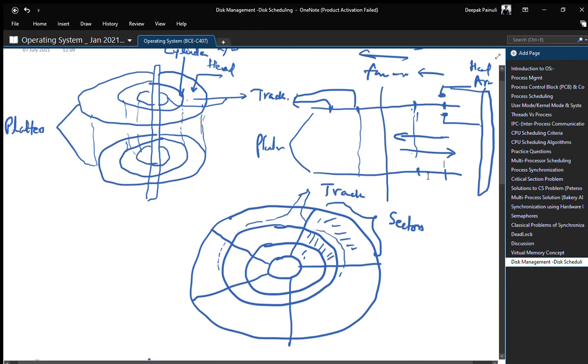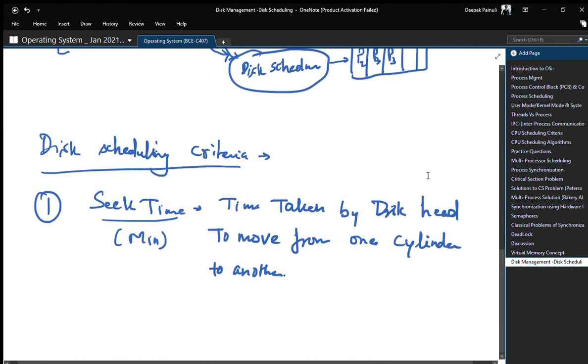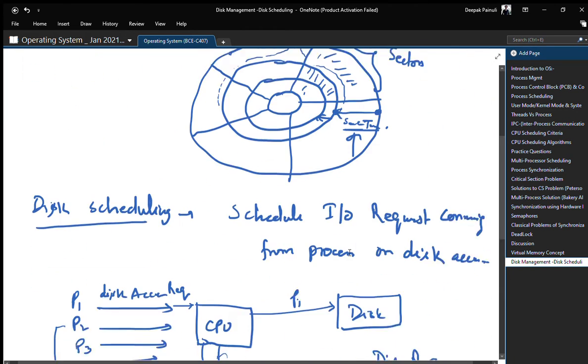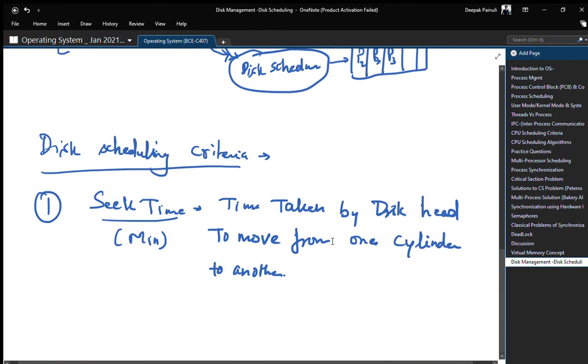It will go forward and backward in the direction of these cylinders, right? So the time taken by the disk head to move from one cylinder to another, that means the time taken by the head moving from here to here, is considered as seek time, right? See, from here to here or here to here, this is considered as seek time, and seek time depends on